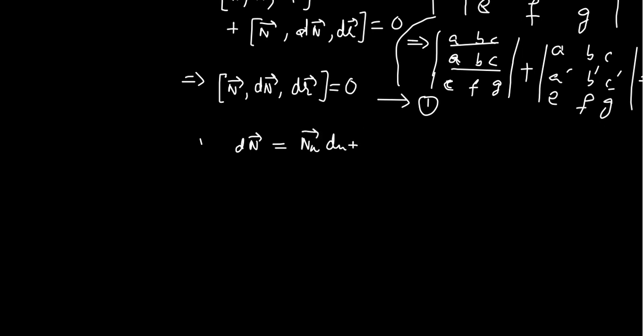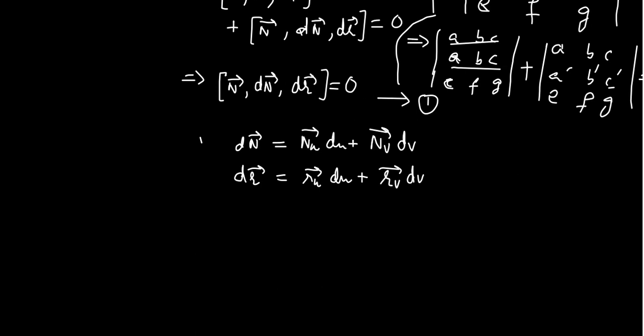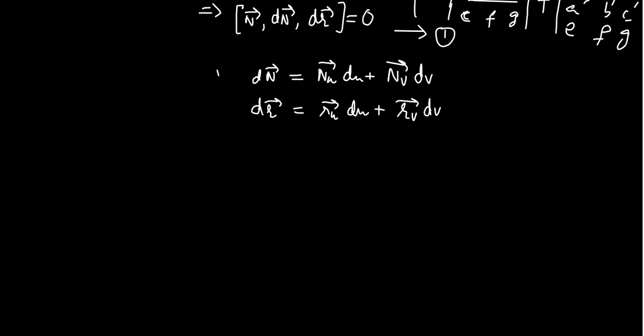In equation 1, what do you get? You will get a triple scalar product, a bit long. So in place of dn there will be n sub u du plus n sub v dv, and then I have n, no, n was there before, that was wrong. Okay, let me write n here, n, then I have r sub u du plus r sub v dv is equal to. Now, this determinant, like we broke it above into many determinants, how many determinants will be formed here? First we break it into 2, then breaking those gives 4 determinants from this. You do it yourself. You also do a little work, you don't do any work. Okay,